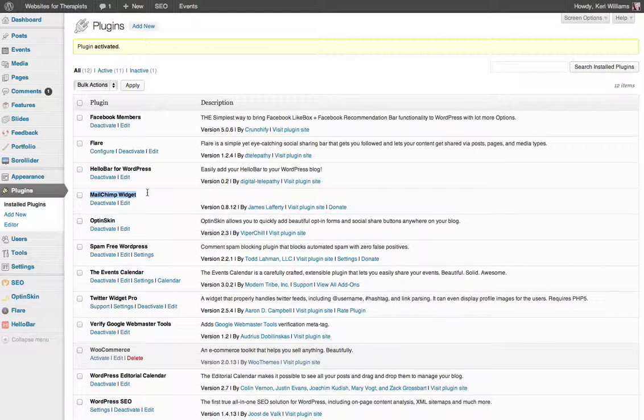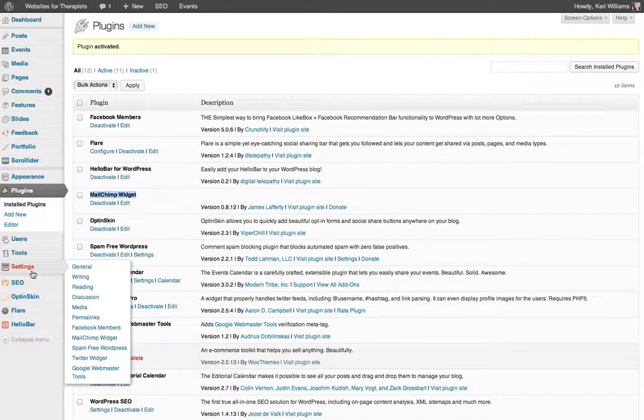So the next step is to just connect it to your Mailchimp account with the API key that you created before. So just to say, if you haven't created your API key yet, you need to do that. So go back to the previous video on API keys in Mailchimp and just create that before you go any further. Okay then, so next step is to go into your settings menu, and you'll see that Mailchimp widget is